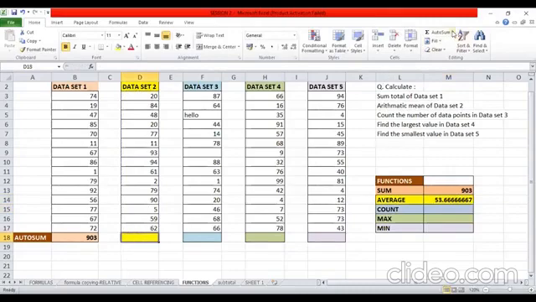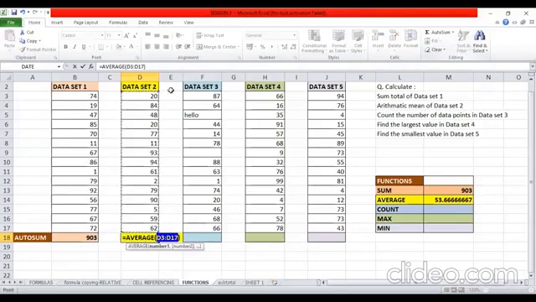Alternatively, the same can also be done through the drop down list of AutoSum. So just click on this drop down arrow, and click on average. You can see it is again assuming the range. Click on enter and you will be able to calculate the arithmetic mean.